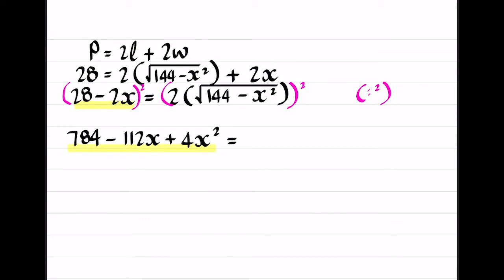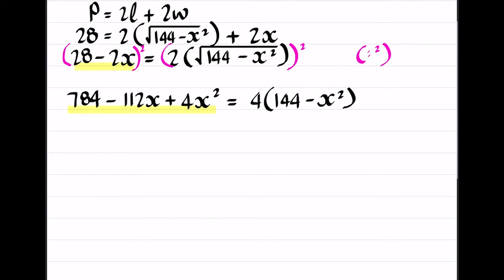So that square on the right hand side belongs to the 2. It's going to square it, which is going to be a 4, and it's going to square that entire surd. So I'm going to be left with 144 minus x squared, so that I cancelled the surd and the square out. Alright, now I'm going to get rid of those brackets. So I'm going to have 784 minus 112x plus 4x squared will be equal to 4 times 144, which is